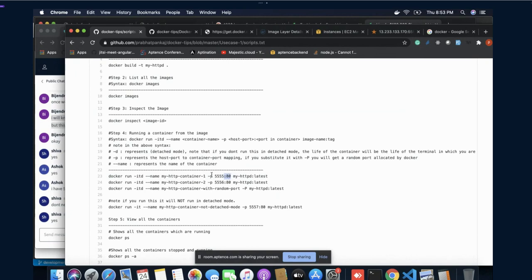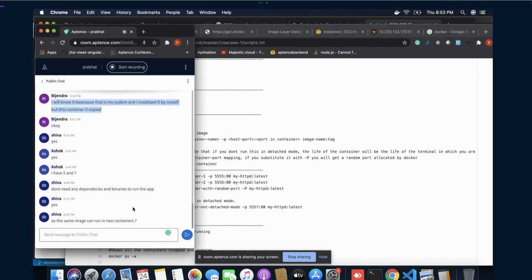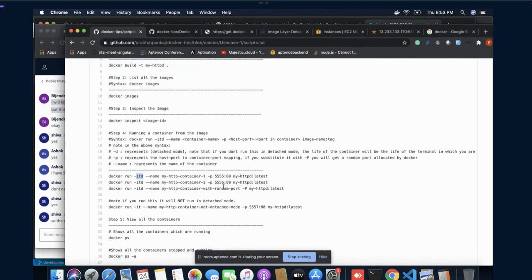So these are the container information. These are the image information: from where I should create this container. So this is the line we have to run. First, as I told you, I means interactive mode, T means terminal, and D means detachable mode. The same image can run in, yeah, of course, you can do any number of these as you want. So this is the same thing we are doing right now. So this one is done. Now let's run this command.